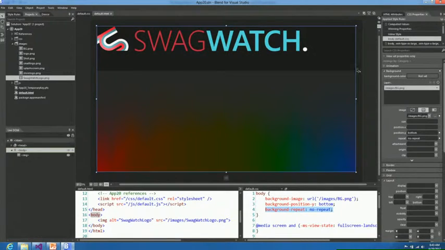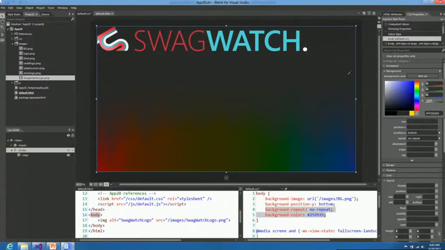So the last thing I'm going to do is simple. This looks kind of odd. The background of the actual application is a darker shade of gray than the background that it is here. So I can do one of two things. I can set a solid background color and just say this is going to be gray. But a solid background color is cool, but with CSS3, you have gradients, and we have great gradient support to